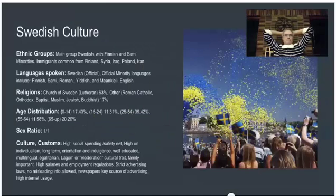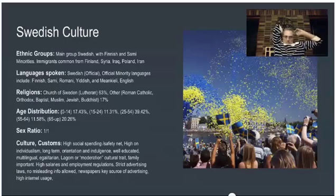Let's move on to Swedish culture. The main ethnic group is Swedish, with Finnish and Sami minorities. Immigrants are common from Finland, Syria, Iraq, Poland, and Iran. The official language is Swedish, with official minority languages including Finnish, Sami, Romani, Yiddish, and Meänkieli, with English also being